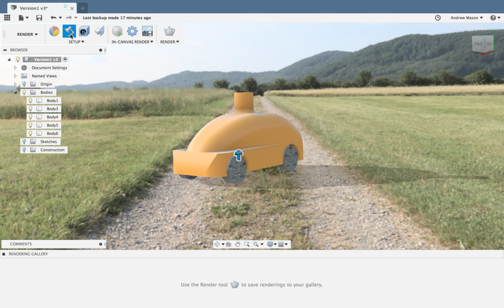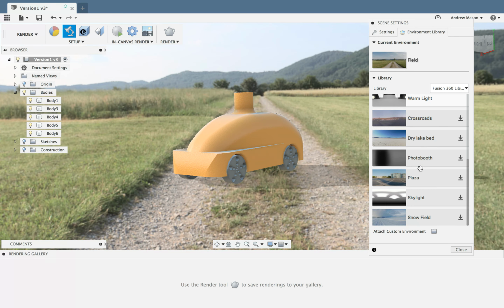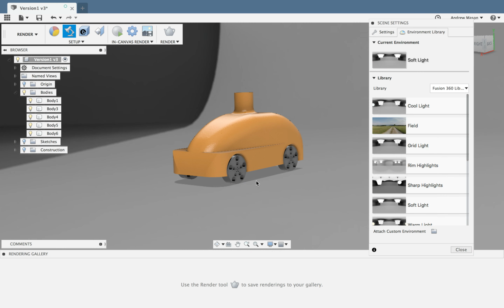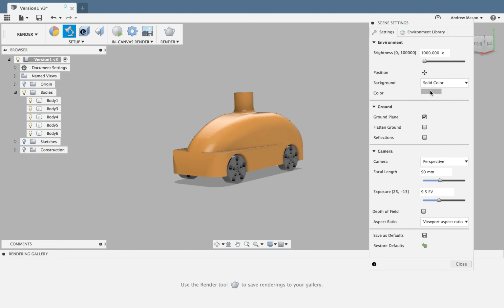So I realise this looks ludicrous, but the point is I'm just showing you different options that you have available. It is possible on the scene settings to put your own image in as a background. You'll have to watch another YouTube tutorial on that. I'm not going to go into that because it's a bit too advanced. But for this, my strongest advice is probably just go with something like soft light or cool light. And it puts it in a studio environment. And I would suggest just having a solid color background, which is white,